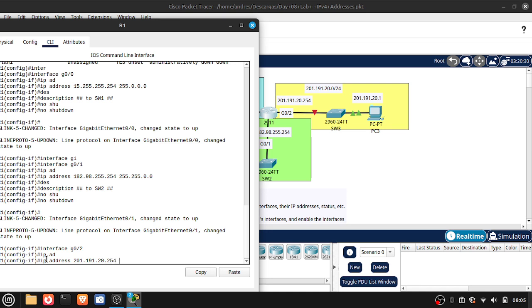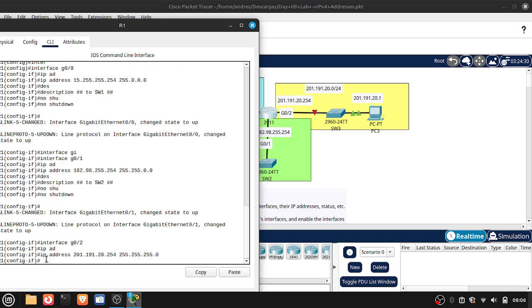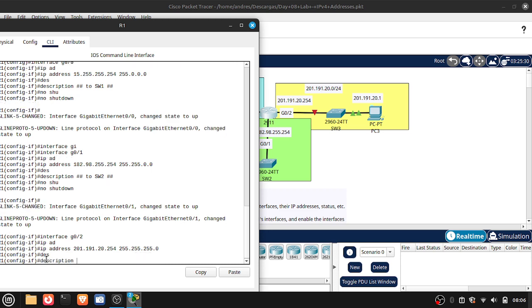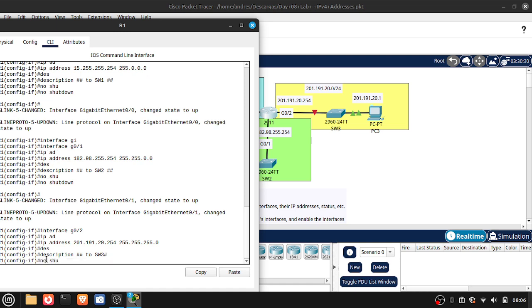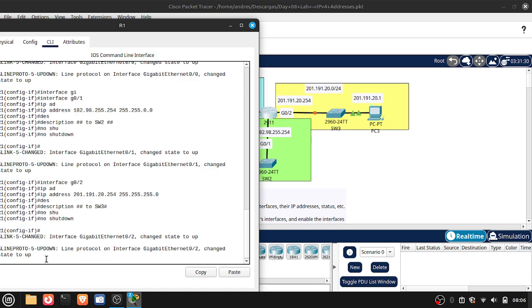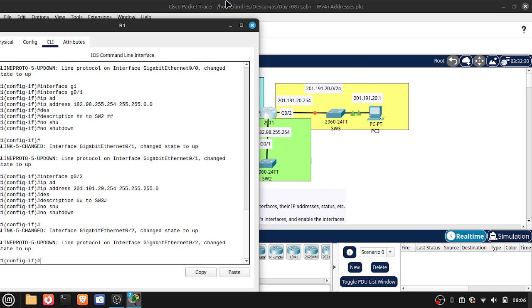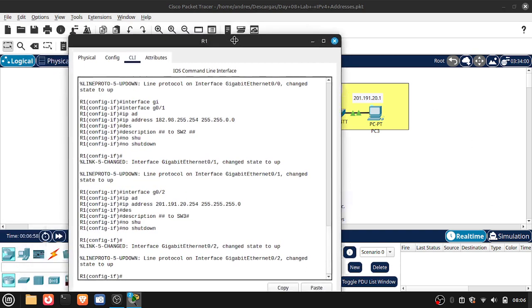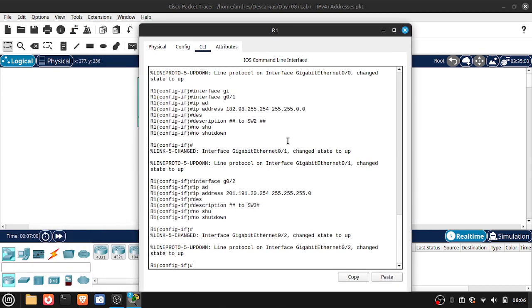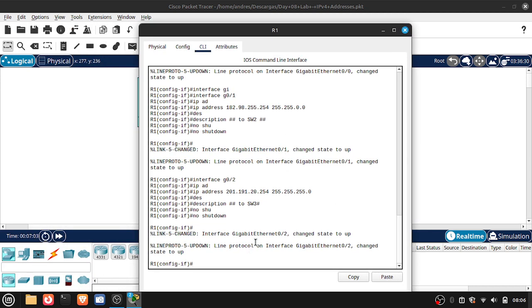Class C network, /24 netmask, so it's 255.255.255.0. Description: to switch number 3, and no shutdown. That's it. Okay, we have already completed it, and if you are not fully sure, you can check again using show